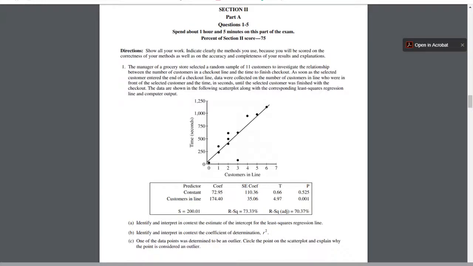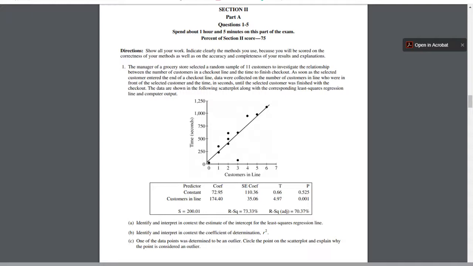All right, here we're at 2018 now. Question number 1. The manager of a grocery store selected a random sample of 11 customers to investigate the relationship between the number of customers in a checkout line and the time to finish checkout. As soon as the selected customer entered the end of a checkout line, data were collected on the number of